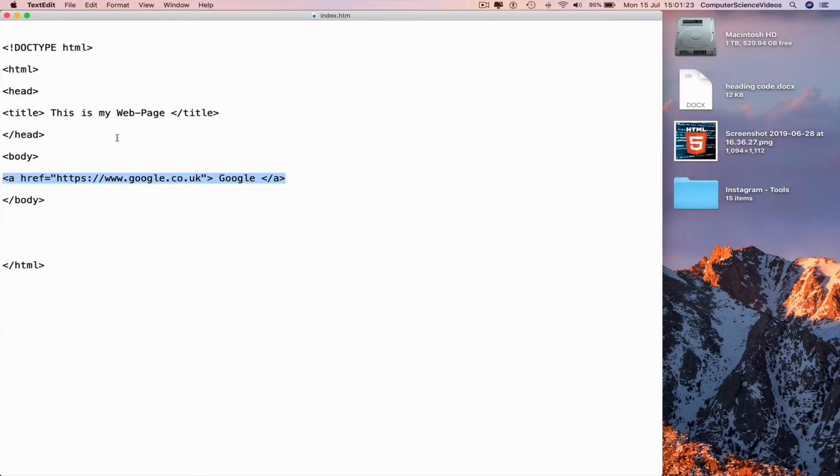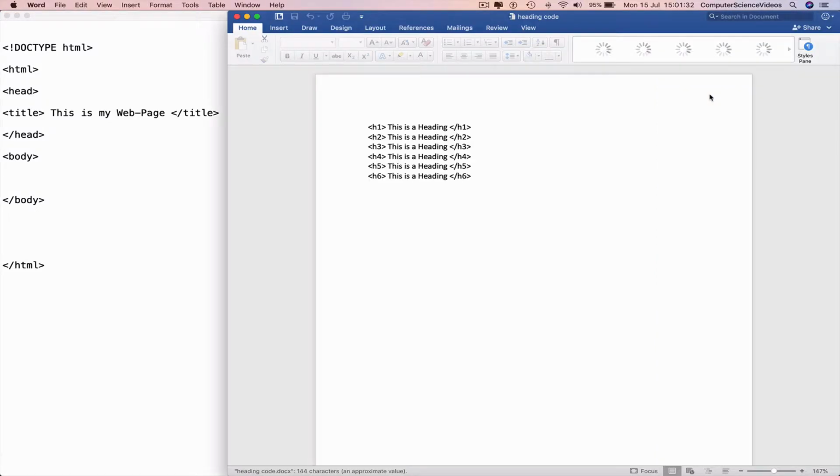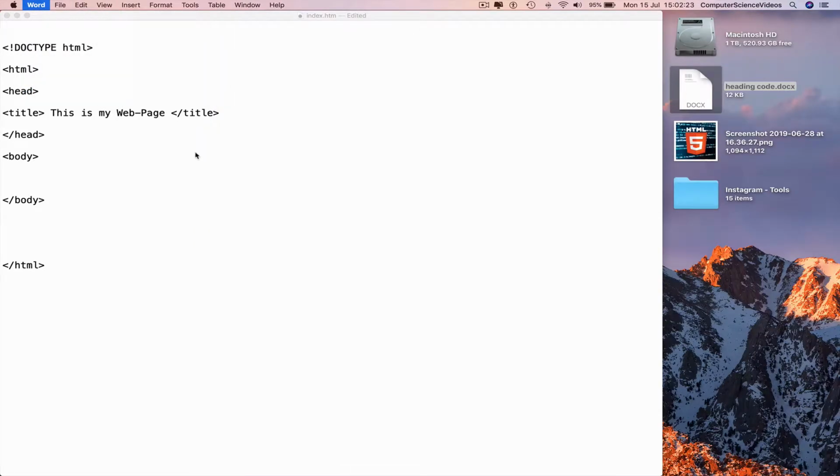take the previous video's code, which was the link, Command X, open the Word document with the code that we have saved, and now paste the code there. In the previous tutorial, we forgot to insert the paragraph code, so I will now type that out. So every time we take code and we're no longer using that code, we will save the code into a Word document. So I can save this, close out of Word,